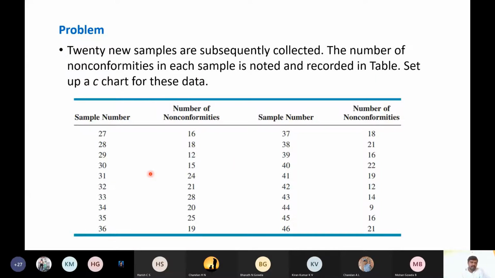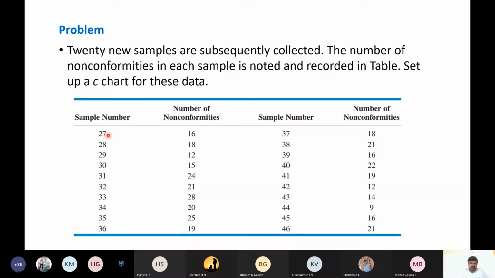Okay, earlier we already evaluated 26 samples and already we have defined the control limits. Now, by keeping the same control limits, we are evaluating the process further, or we are evaluating the manufacturing of these PCBs further by considering a few more samples, that is 20 more samples. Okay, this is the further data.